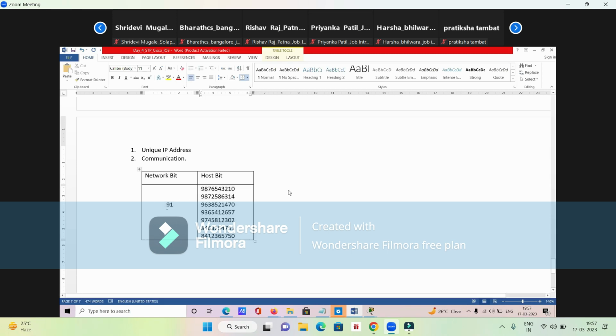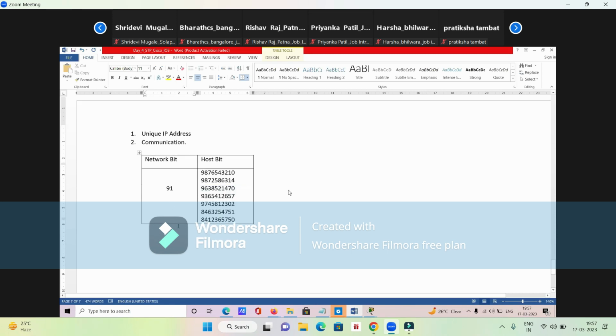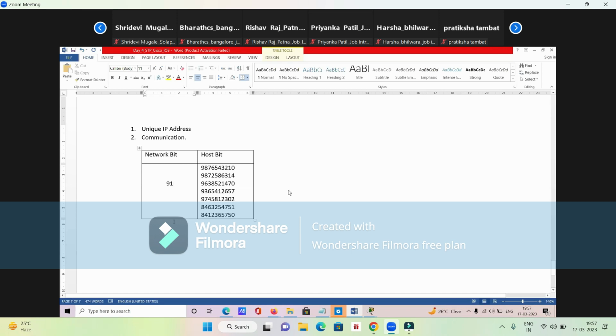Fine. So what is the objective of dividing the network bits and host bit? नेटवर्क बिट्स और होस्ट बिट को डिवाइड करने के लिए, ठीक है, रीजंस क्या थे? The reason was that, okay, if let us say my first number wants to connect with the last number,